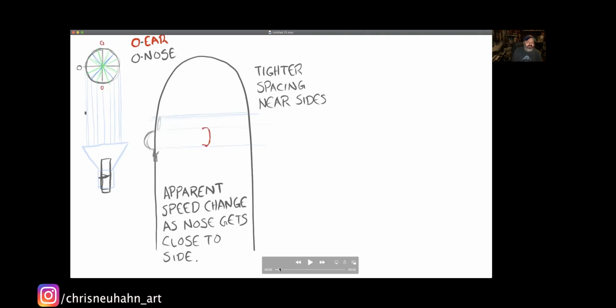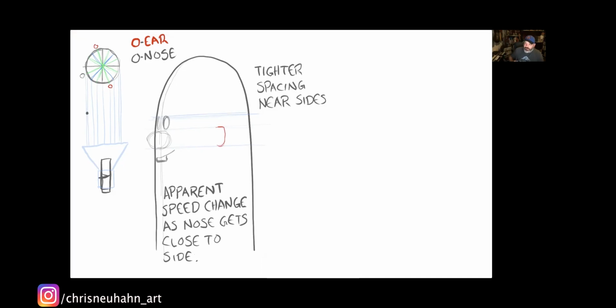And you can see that even though that circle that represents the nose is moving the same distance around the form, the perception is that it's not moving that much in the actual drawing. And this is something that will come into play as you animate, just in general, the way things feel,